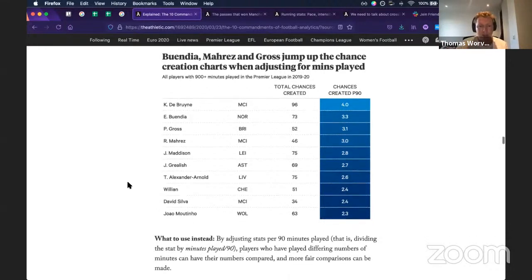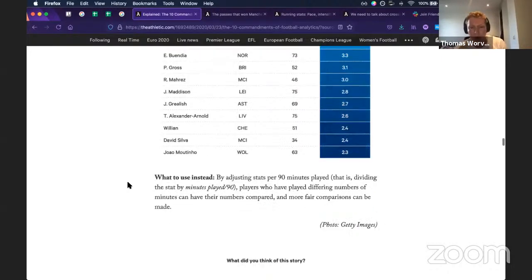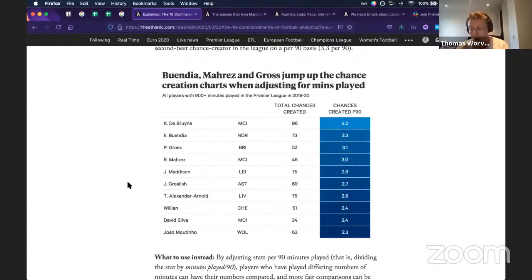Now, I think that's such a basic one, an obvious one, and arguably you should always per 90 adjust these things, maybe not goals and not assists, because those are kind of the untouchables at times. But chances created and things like that, passes per 90, whatever counting metric, I think it makes sense to per 90 it, or do what I think Gary did, which is look at it per 100 touches, and per 100 attacking touches, and look at the frequency of events,